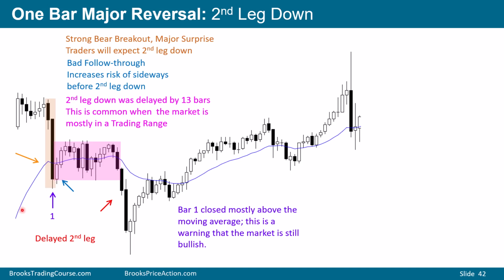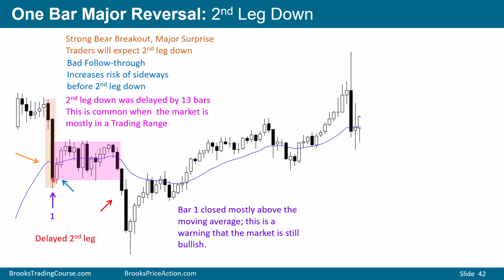We had a gap up. This is a bull breakout. And then we have a tight trading range on the open. And then we have this one relatively large bar. The fact that that bar is very big and climactic increases the chances that it'll see profit taking on the bar. And look at the moving average. We broke below the moving average and we closed below the moving average.